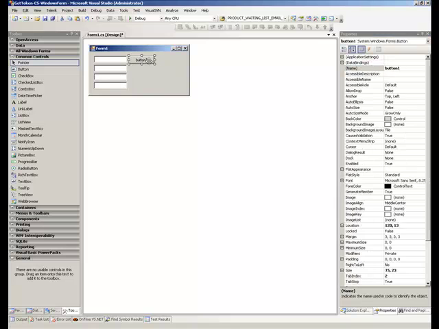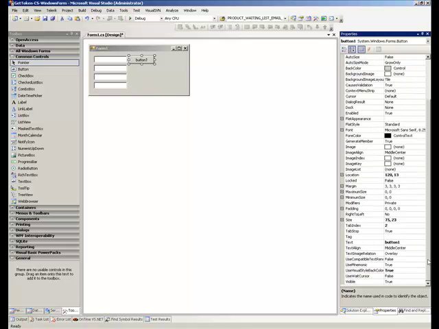Okay, button. And we're going to call it GetToken. Okay,